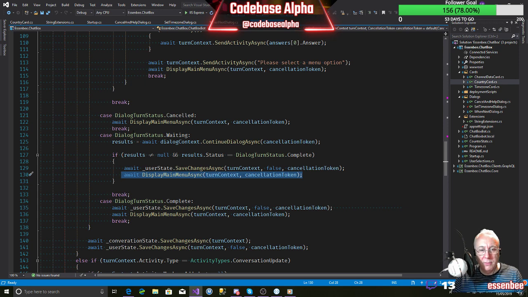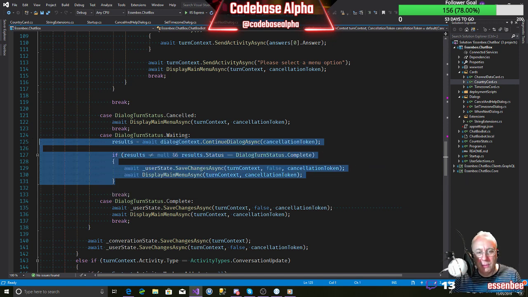Okay, so this is what I believe is happening. We're hitting this continued dialogue and going through the dialogue twice, which isn't right. But I don't know how to detect it. There's something not quite right going on here. We shouldn't need to do this. But if I comment that out, I believe that we shouldn't need to do anything when we're in status of waiting, when we're in mid